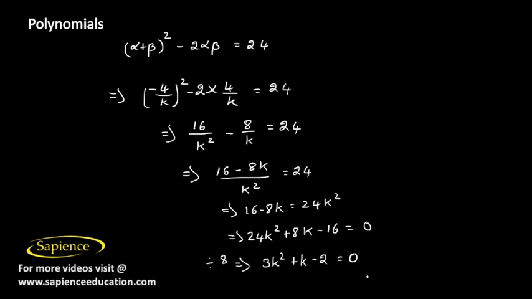So we need to find the solution of this equation. So 3k square plus k minus 2. If we solve it, 3k square plus k minus 2 equal to 0. First let us factorize this. For that we can use the middle term splitting technique,